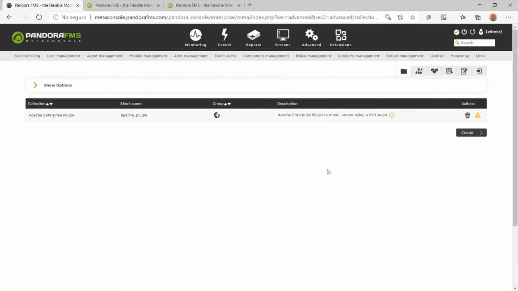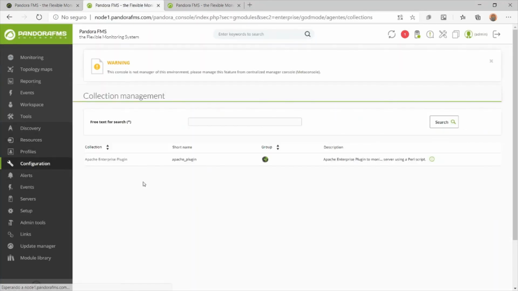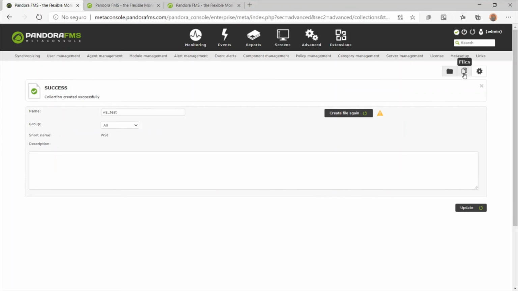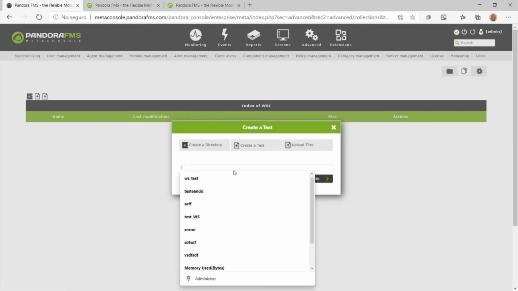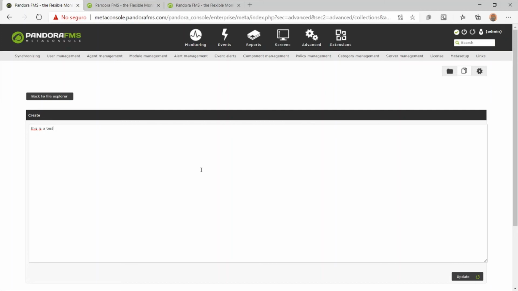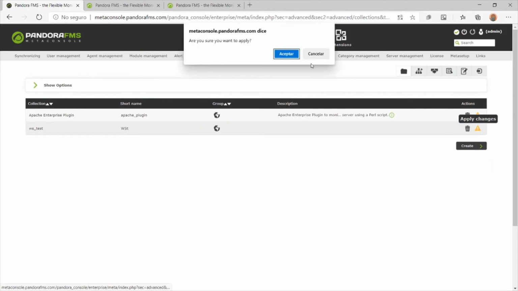So if, for example, we create now a new collection, we will see that this collection will be updated automatically here and in node 2, because now centralized management is active. So we will test it. We will create a workshop test collection. For example, we will create a text file, testing. This is a test for workshop. And now in collection, if we apply changes,